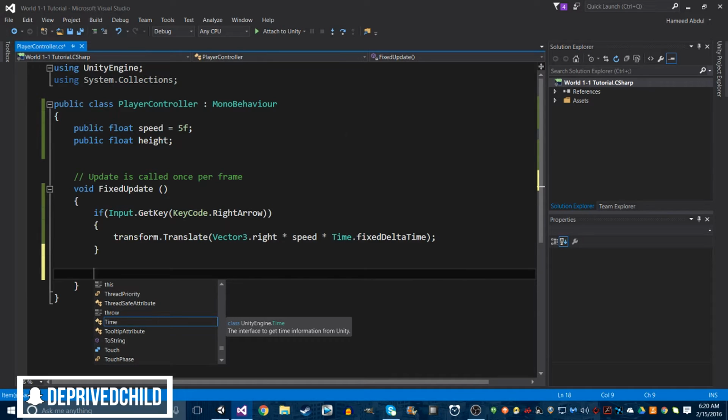So what you could do, if you want to, you could copy and paste this, but that's not really